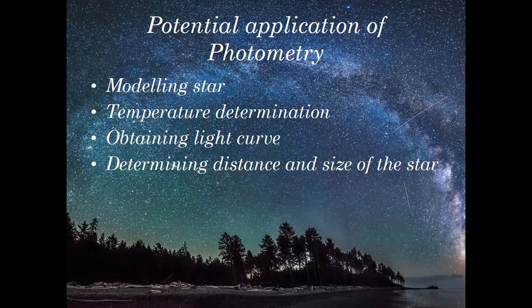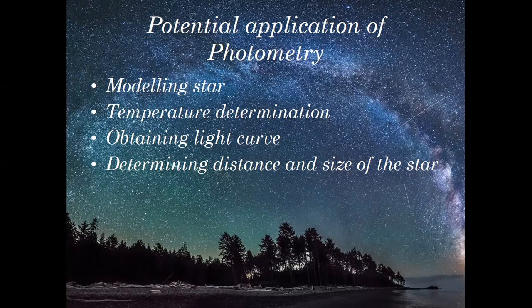Okay. So the third application is obtaining the light curve. Light curves are quite essential in order to determine the time period, as well as other prominent features of stellar systems, like binary stars and the other stuff. Because on the basis of the light curve, you can detect the presence of binary stellar systems, so you can obtain the very crucial binary star systems with the help of photometry.